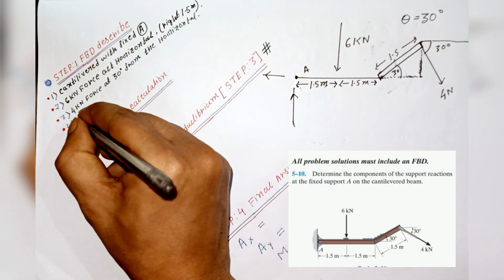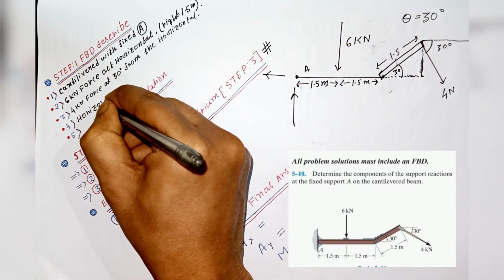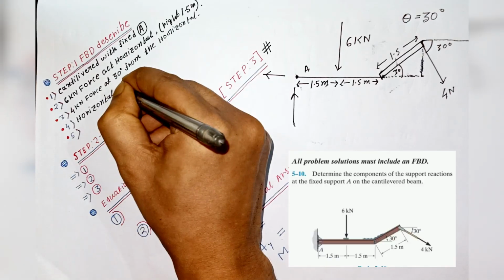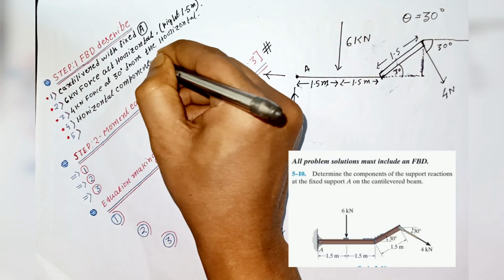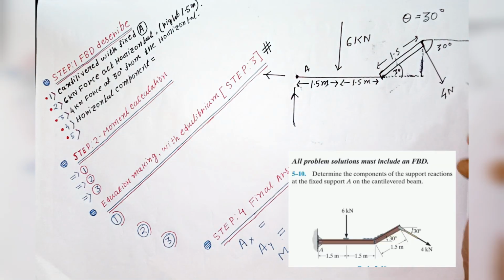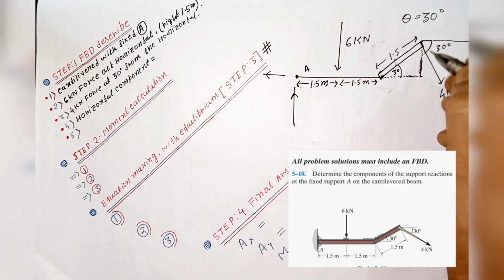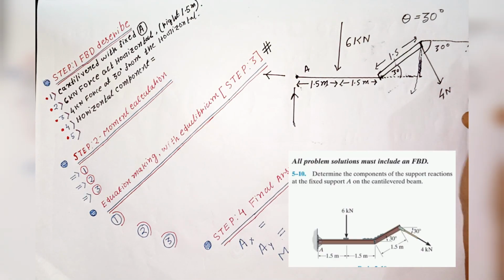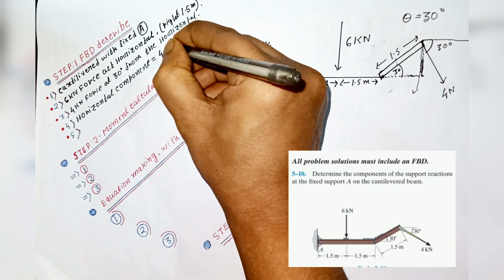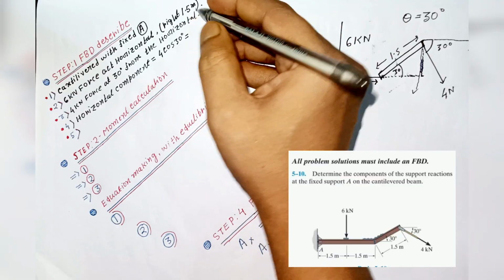Before introducing me, you have to first find the components of the 4 kilonewton force. There are two components, horizontal and vertical. Find the horizontal and find the vertical and drop your answer in my YouTube comment section. Clearly the horizontal part is 4 cos 30, because theta is attached, so cos. Where theta is not attached, it is sin. So the horizontal part, where theta is attached, is 4 cos 30. But the vertical is 4 sin 30 because theta is not there.